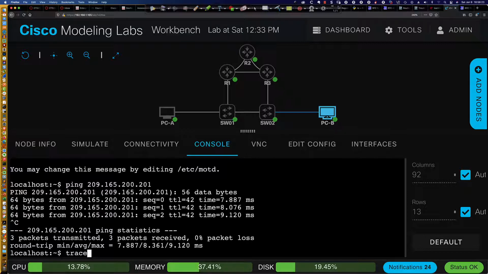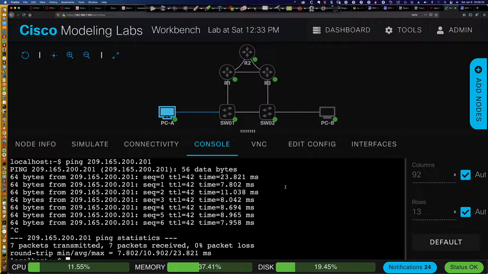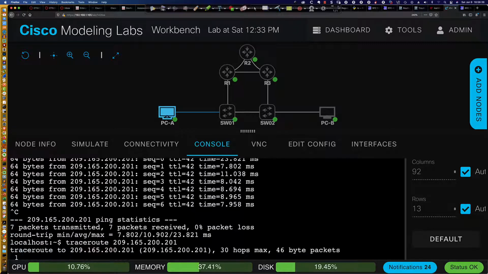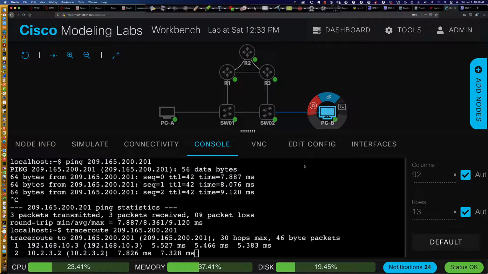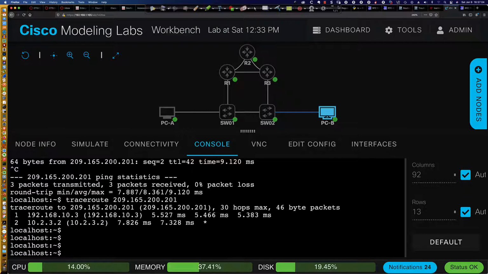But what happens if I was to say trace route to the 209.165.200.201? And we'll kick that off on PCB, and let's come over here to PCA and do the same thing by saying trace route 209.165.200.201. So we'll swing back over here. And as you can see, the first hop that gets taken here by PCB, which is an Alpine distribution Linux workstation, you can see here that it's 192.168.10.3. So we're going to router 3 because on PCB, we have router 3 hard-coded as the default